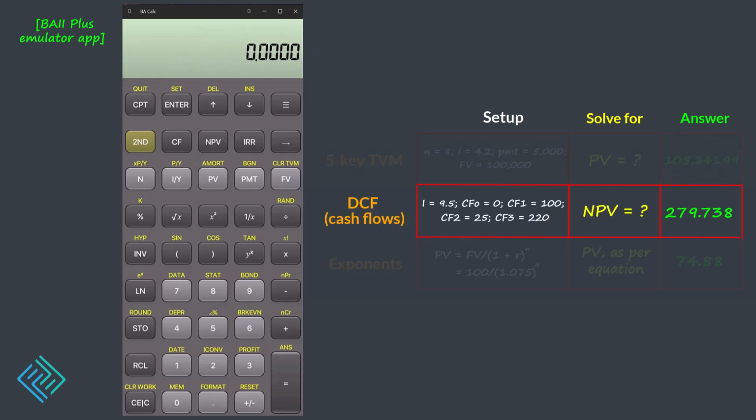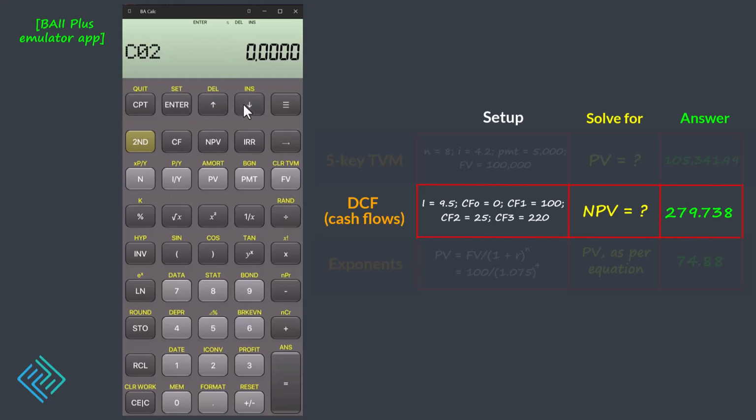To calculate NPV, press CF to enter the DCF zone. Then clear registers before doing anything else using second clear worksheet. Enter 0 at cash flow location 0 as shown. Next, press the down arrow to move to CF1, where you enter 100, followed by pressing the down arrow twice